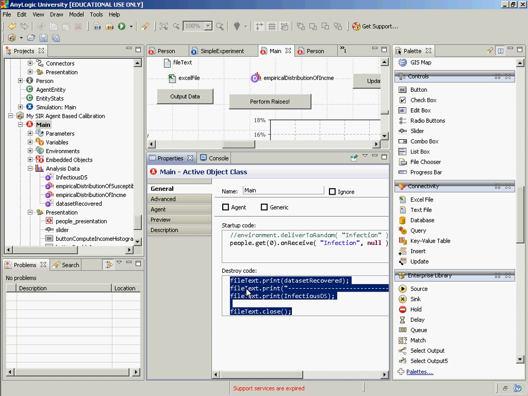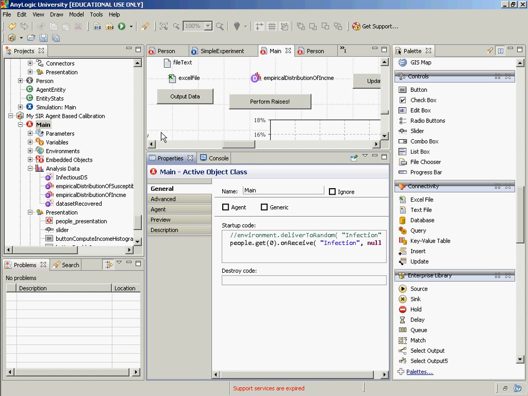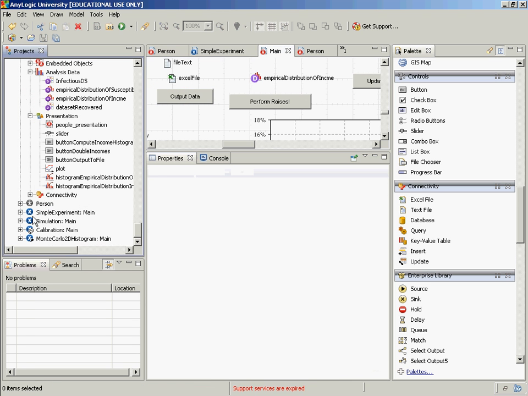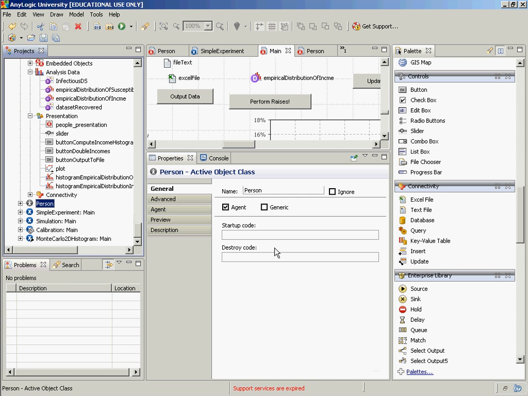Similarly, each agent, when they're about to be destroyed, also has associated with it some destroy code that executes. And if you want to save away information for that agent, like to a database, you could do it there. Okay. Our session this morning is drawing to a close. We've gone through a lot of